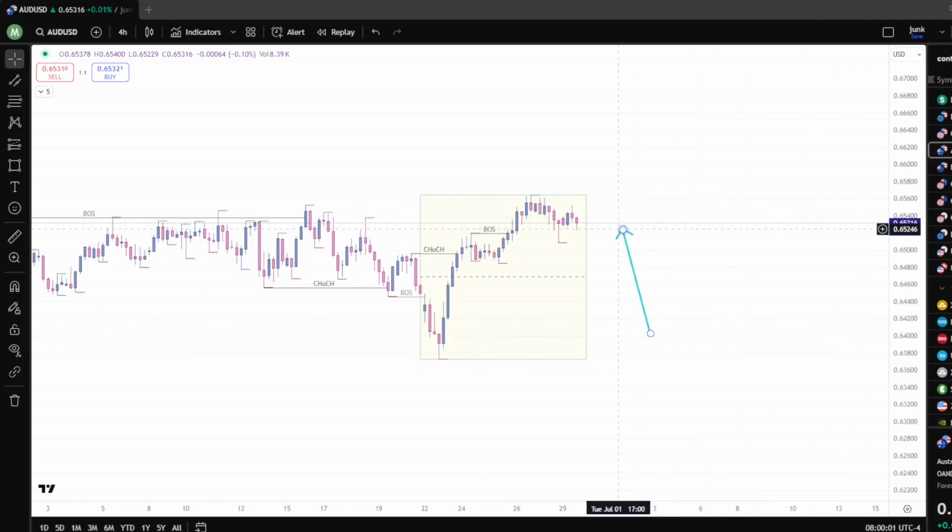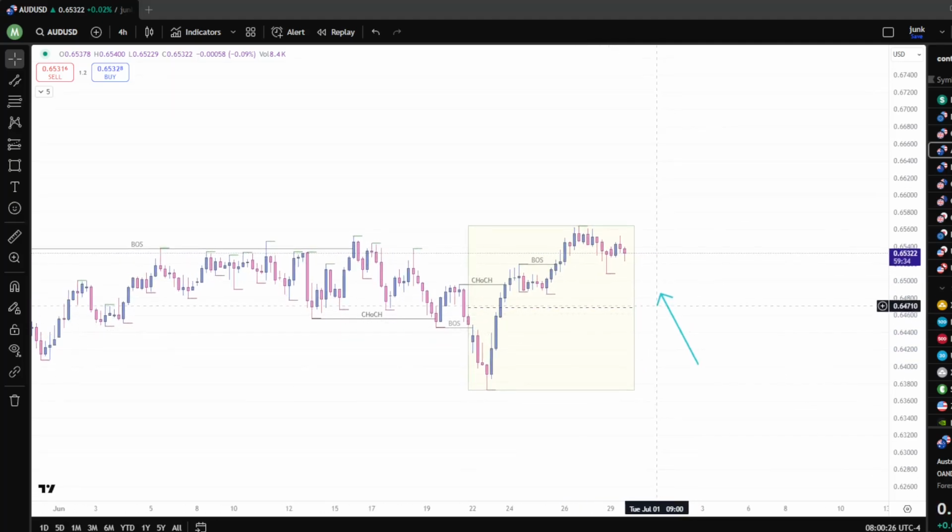If it does retrace back down, it looks like it already tapped into this area of demand, and buyers weren't able to break past the highs. If it does retrace back down to the discount, I'm looking for any type of opportunity to buy. If it does trace back down to the discount, and I see any type of bullish momentum shift to the upside, looking for any type of buying opportunities then, but right now, not looking to take any sales back down. Like I said, it already tapped into this area of demand, and buyers weren't able to break past